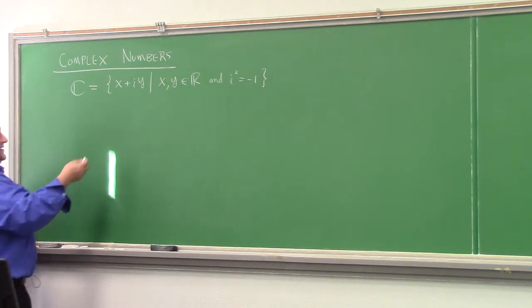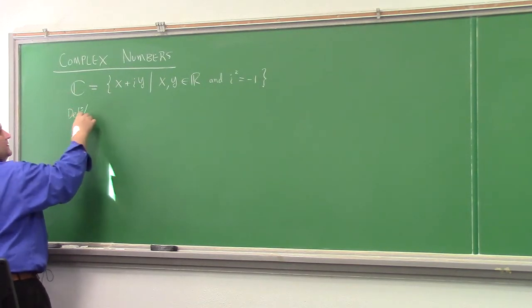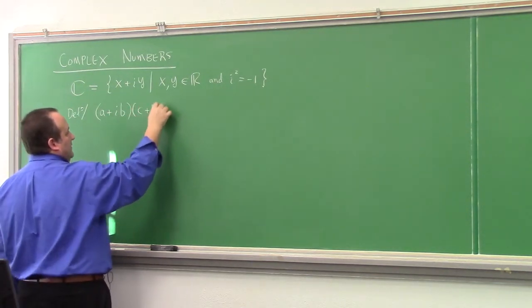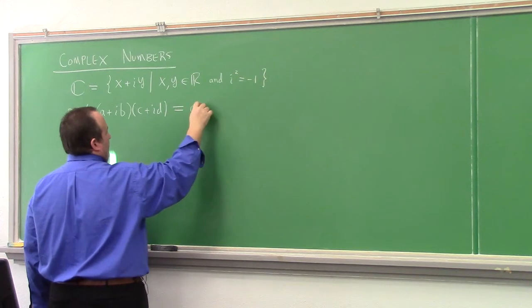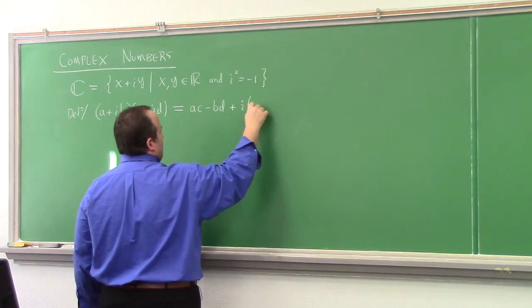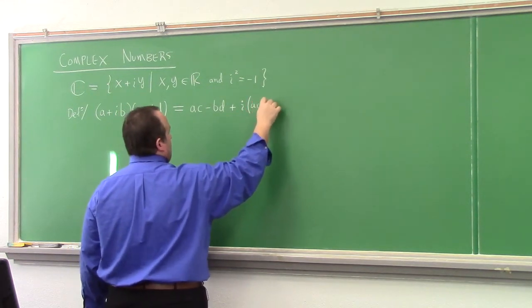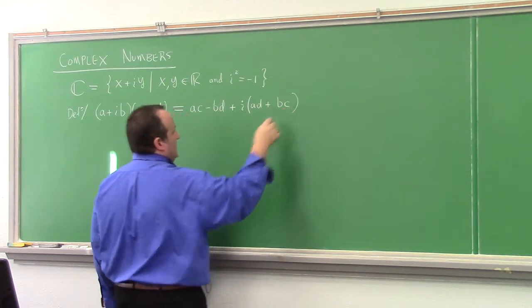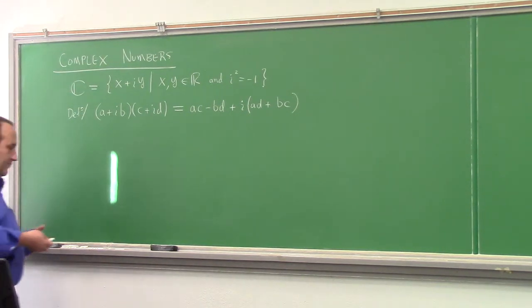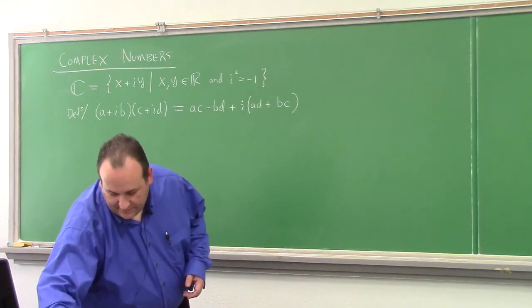Now, by definition, if we have a plus ib times c plus id, that's going to be ac minus bd plus i times (ad plus bc). Now, I say that's a definition, but it's also just what you would calculate if you were to multiply these two numbers out and assume that the distributive property holds and that i squared is -1. If you just multiply those out,